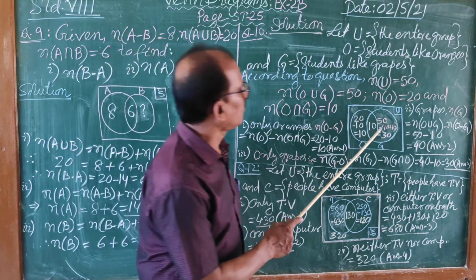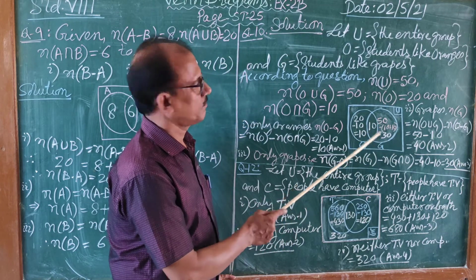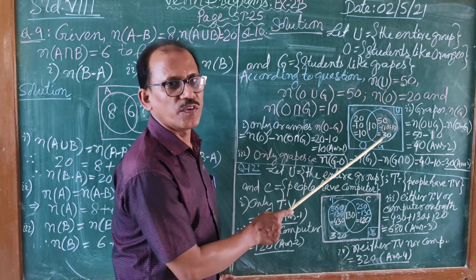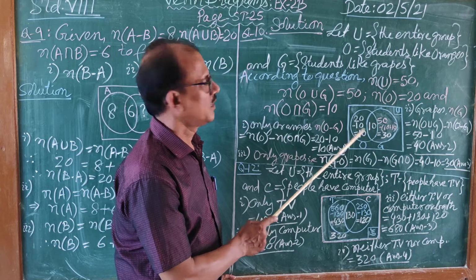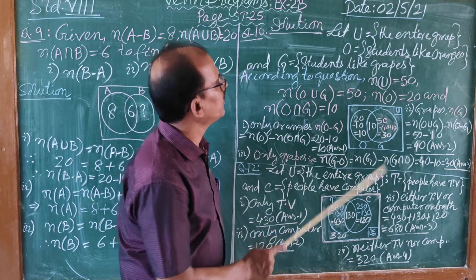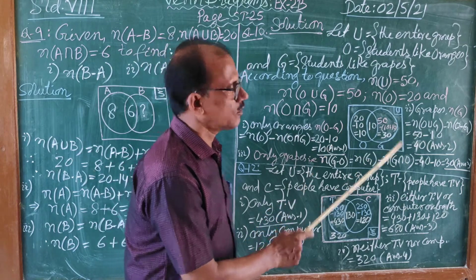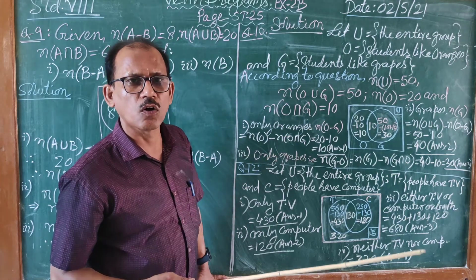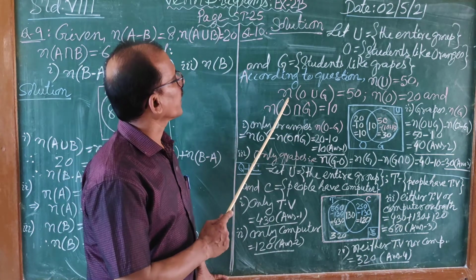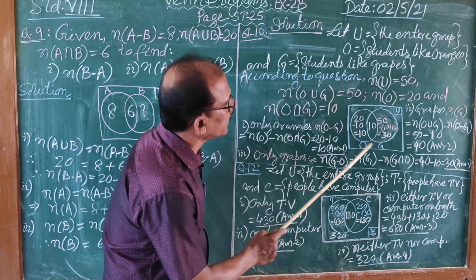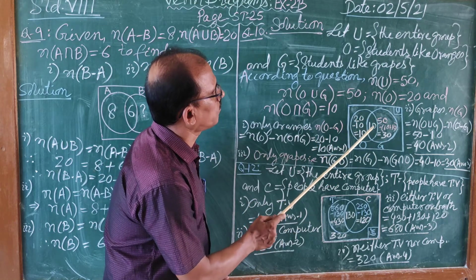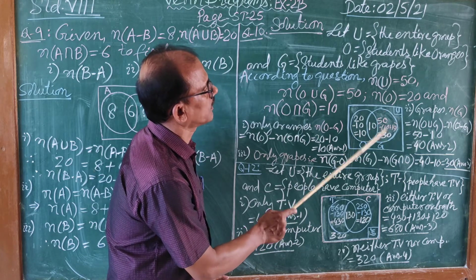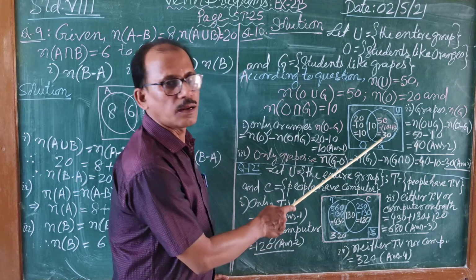Now you can reply. Similarly, altogether it is 50. You know this one is 10 and this one is 10. So this one will be definitely 50 minus 10 plus 10. Altogether it is 50 because there is no one who is not liking either of the things. Everybody out of that 50 likes oranges or grapes or both. So n(O union G) is 50. Out of those, you have come to know two things. Definitely it will be 50 minus the summation of these two, that will become 30. So only grapes will be 30.